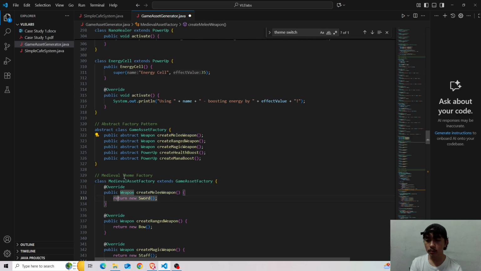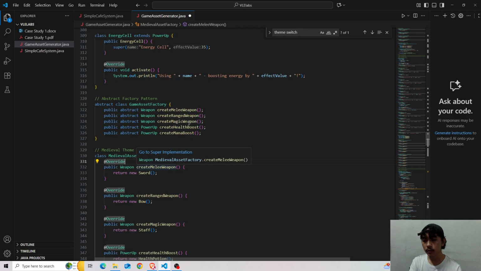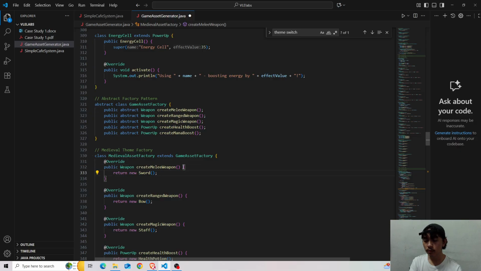Okay, so for the medieval theme, we have created medieval asset factory extends game asset factory. So for the medieval theme, we have overridden the create melee weapon method, in which we return sword. So sword is a concrete product of our concrete factory weapon, right?